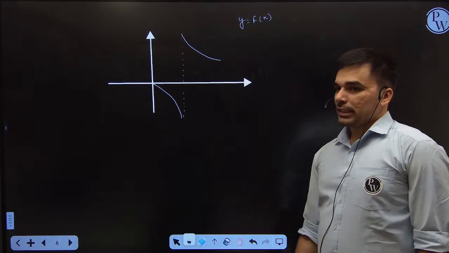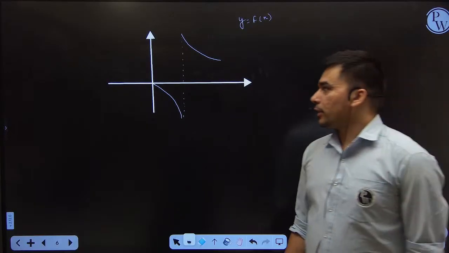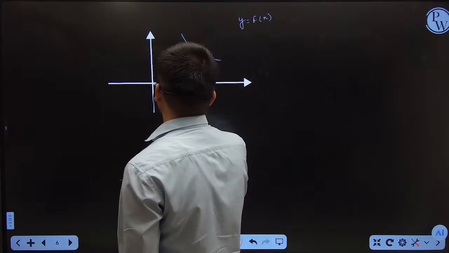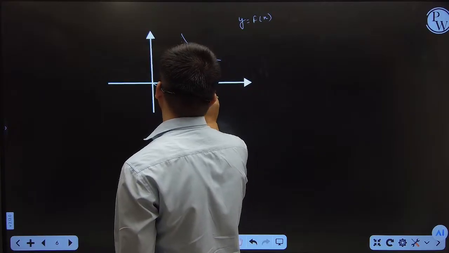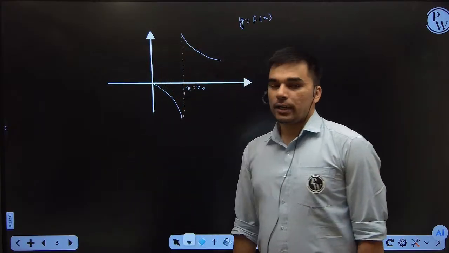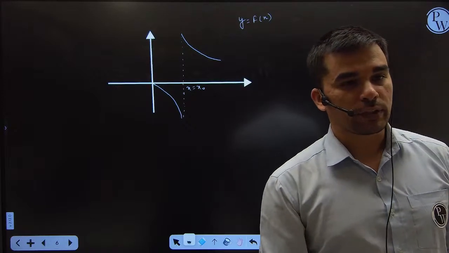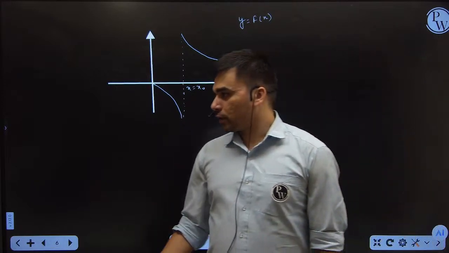So I have a graph like this. Can you check the continuity of this graph at, let's say, x is equal to x naught, whether this graph is continuous or not? Function-wise you have understood that if an equation is given to me,